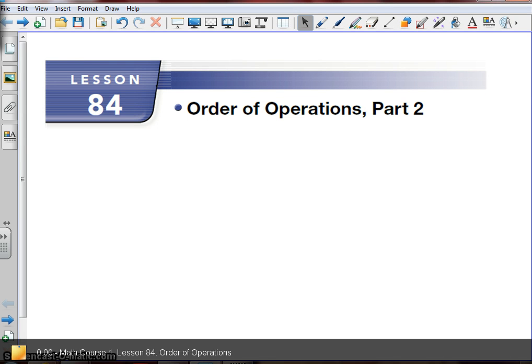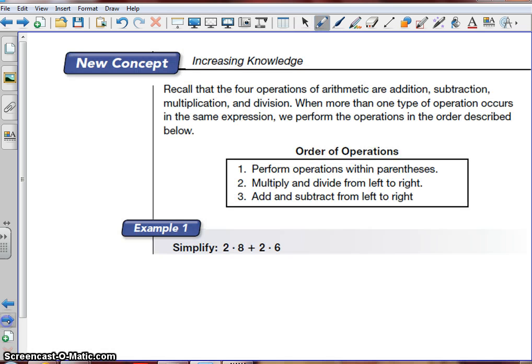This is Lesson 84, Order of Operations. Today we are going to recall that the four operations of arithmetic are addition, subtraction, multiplication, and division. When more than one type of operation occurs in the same expression, we perform the operations in the order described